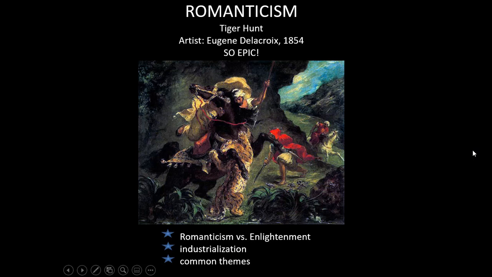Well, here we are again, and in this lecture we're going to be looking at the style of Romanticism. Now, it might seem to you, as we're moving through these lectures, that there's a sort of linear progression, that we move from one style to the next, one style existing after the other. And in some cases, that is what's going on. But in other cases, like what we're actually seeing in this lecture, we're looking at styles that are coexisting. And one style that we are seeing Romanticism coexist with is the style of Neoclassicism, which we just recently